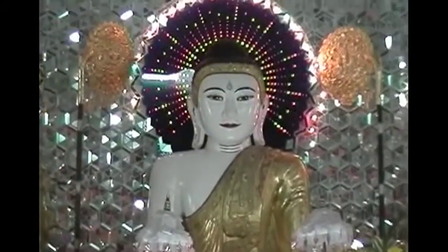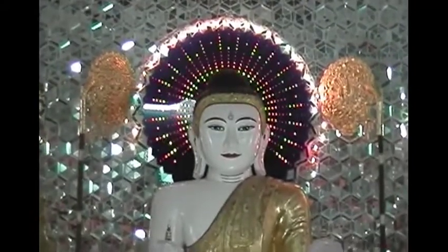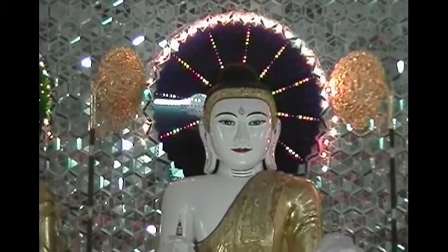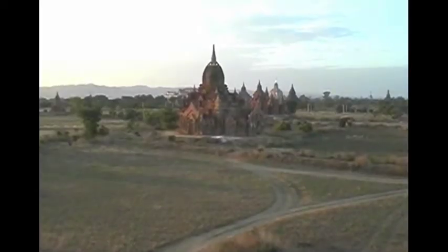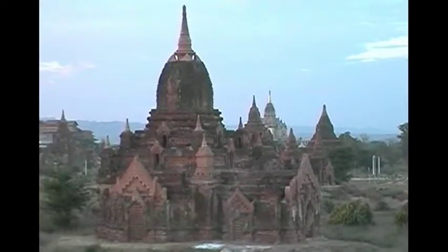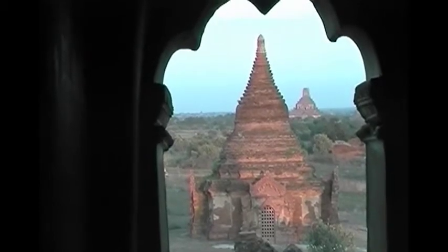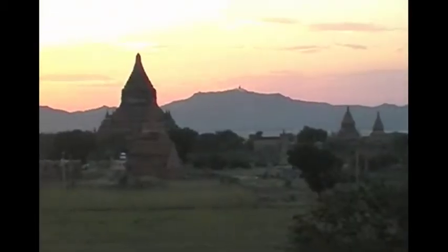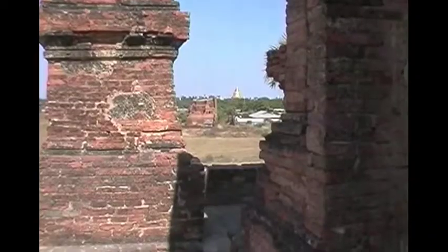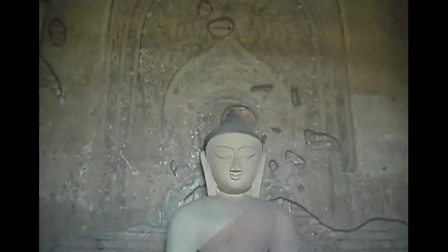And this was at a big temple in the big city at night. Then we flew from the big city to Pagan. And in Pagan is a medieval town in which all the wealthy people, apparently, I don't know where the wealth came from, but each major family built its own temple. So now there's the field of temples,